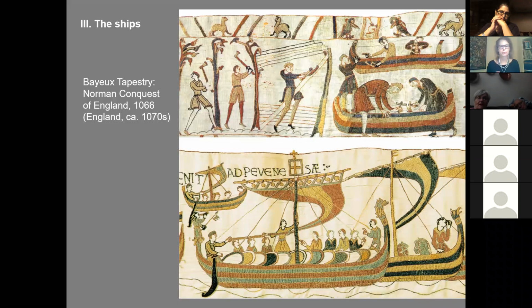This is a wonderful source because it depicts the Norman conquest of England. So this is when William the Conqueror is preparing to go into the Battle of Hastings in 1066. And this is his fleet preparing to build ships to cross the English Channel. And we can see up in the north part of the screen here,